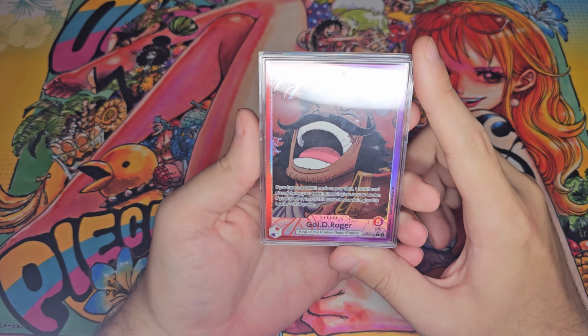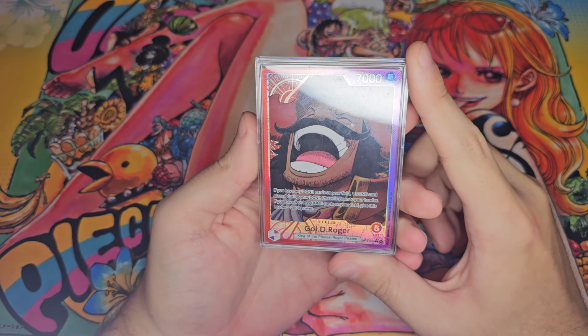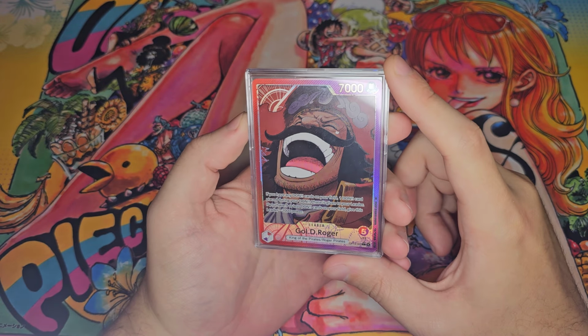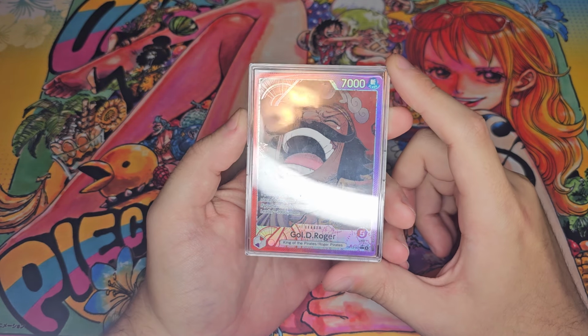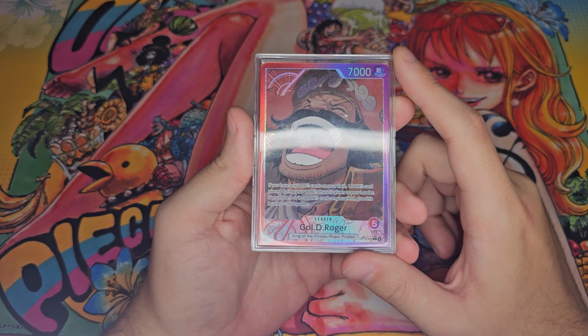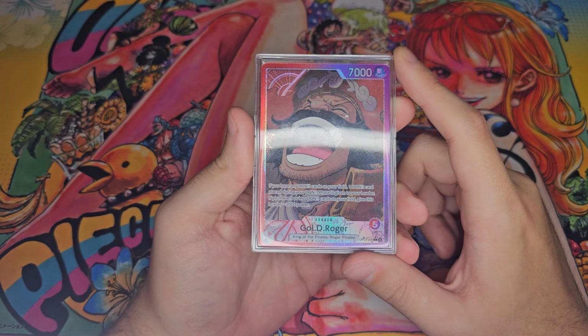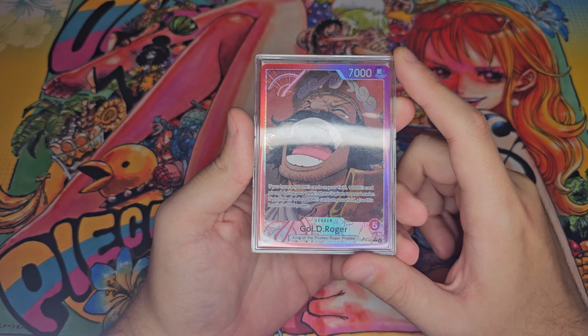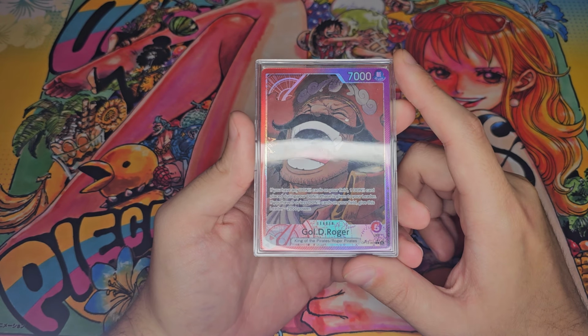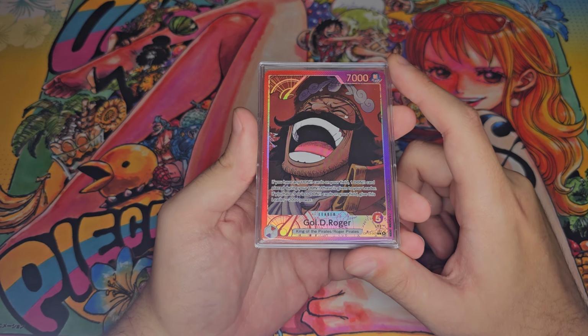Today I'll be going over my deck list for the red and purple OP13 Gol D Roger deck. He is a 7,000 power leader with 5 life. He says if you have any Dawn cards on your field, one Dawn card placed during your Dawn phase is given to your leader, and if you have 9 or less Dawn cards on your field, you give your leader minus 2,000 power. Essentially what this means is until you have all 10 of your Dawn on the board,